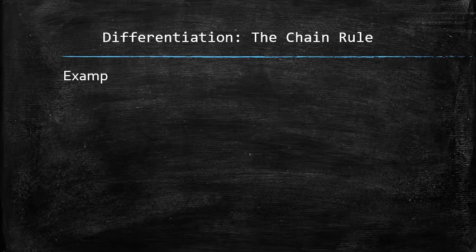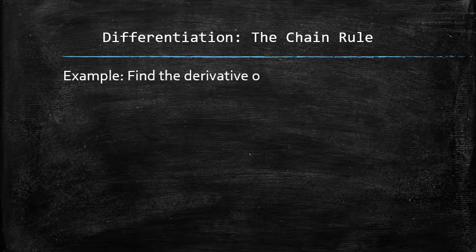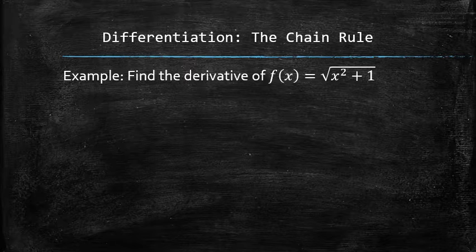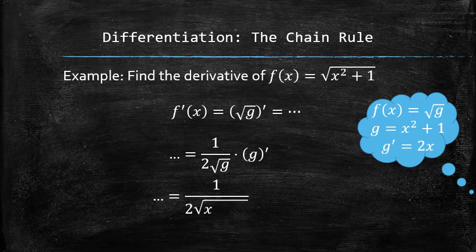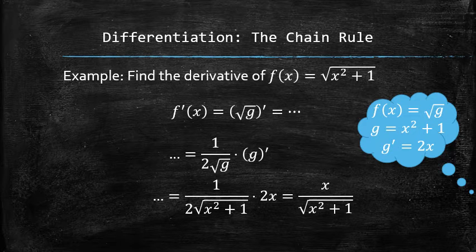Let's, for example, find the derivative of the following function. We start the process by recognizing that we have to find the derivative of a composition of the square root applied to a quadratic function, which is equal to the following expression, in which we know how to find all the components. We get the final answer after plugging everything in and simplifying.